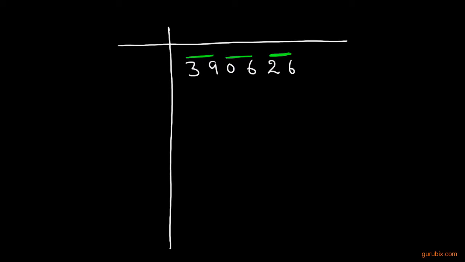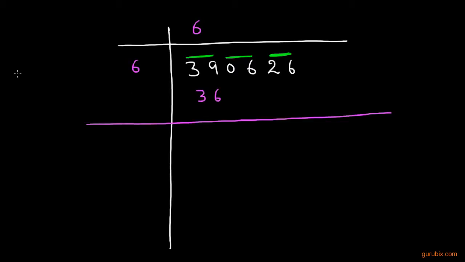So we observe that 6 is the largest number whose square is less than or equal to this 39. So we shall write 6 here and 6 here, and now we shall multiply this 6 with this 6 and get 36 to write here. Now we shall subtract 36 from this 39 to get 3, and the next step is to bring down the next period, and this is 06. So the number becomes 306,